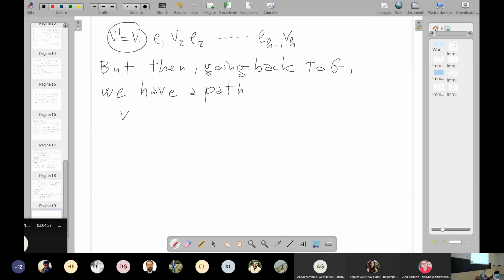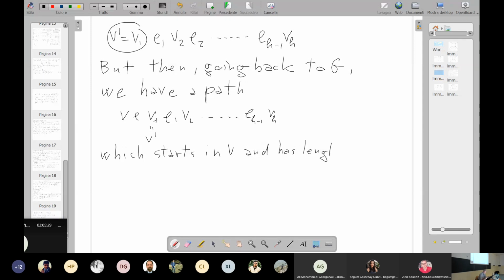This: V, E, V1, which is equal to V prime, E1, V2, up to EH minus 1, VH, which starts in V and has length at least